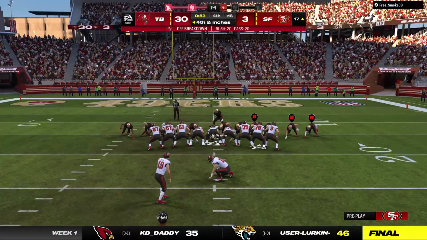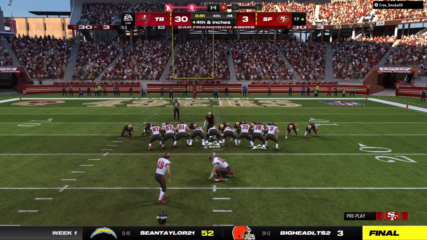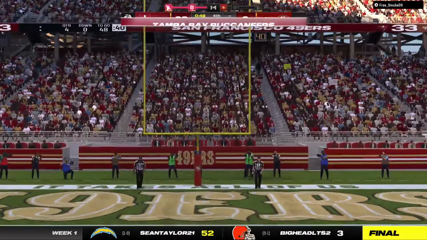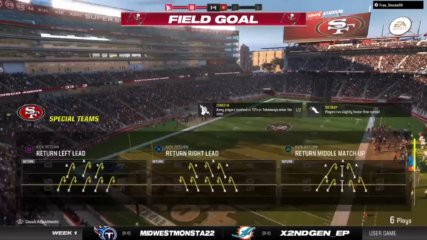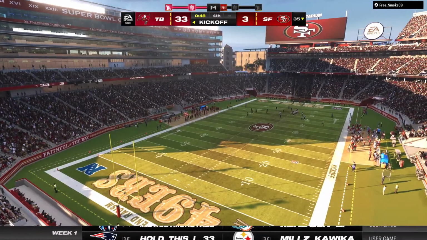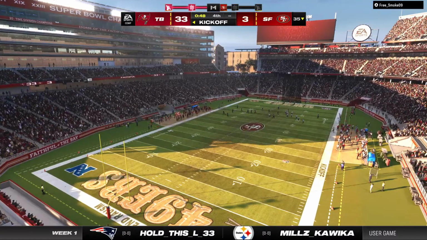And now the Tampa Bay field goal unit comes out here. From the right hash, just a 34-yard attempt. And his kick here is good. And that will extend their lead even further. Well, ultimately not really sure that they're going to need those 3 points, but they'll take the 3 and they